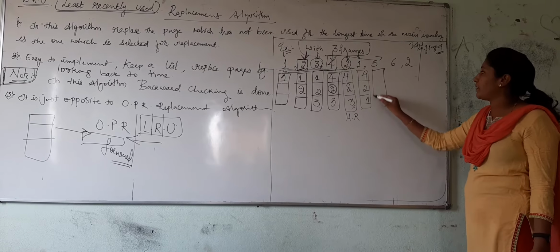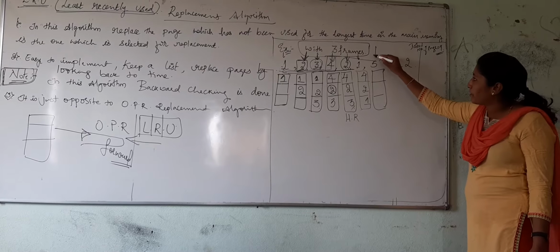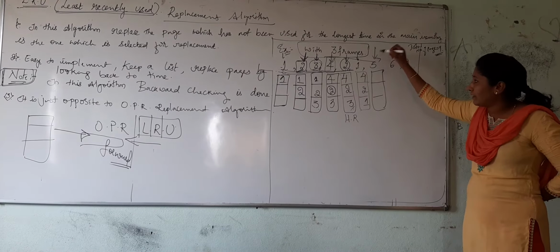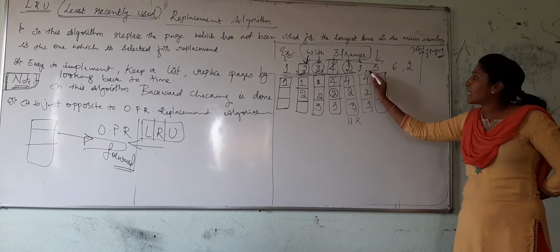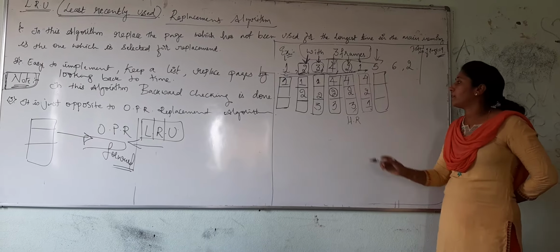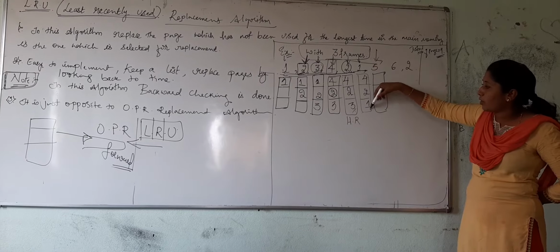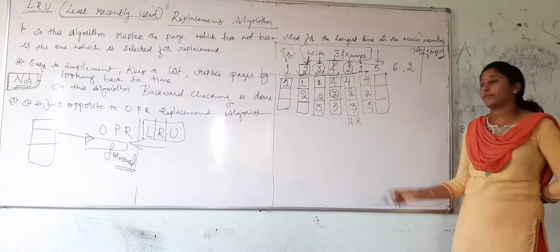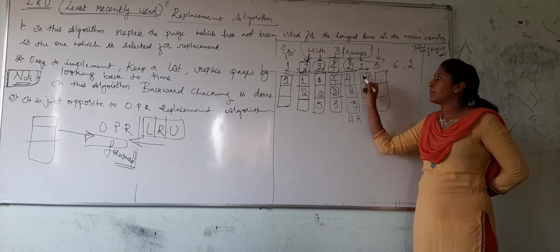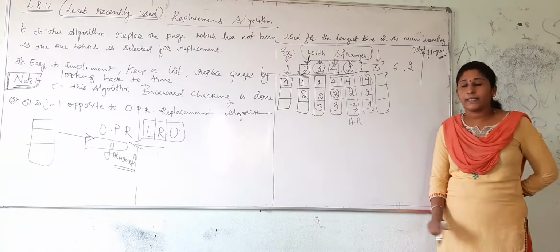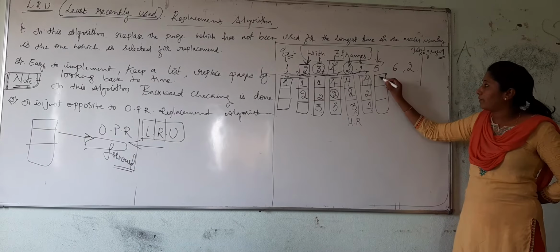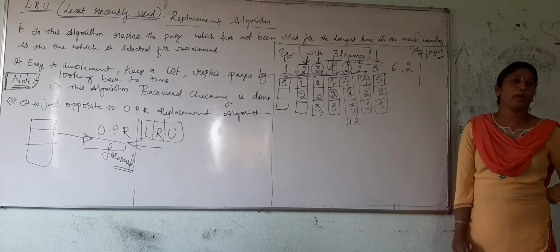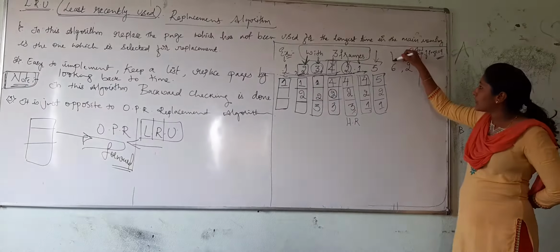Now next, which is the page? The 5th is the page, right? Now check, this is the entering page, and check 4 to 1. Start checking from the first previous page. 1 is already allocated, we cannot replace it. 2 is just now allocated, we cannot replace it. Of course, the leftover is page 4, which is not being used. Therefore, replace the 4 and keep 5. This is 2 and 1. Got it?